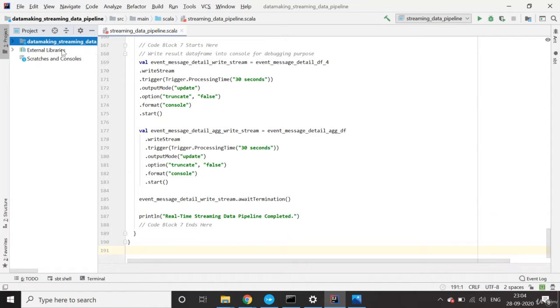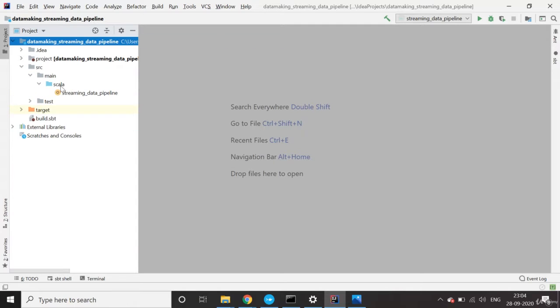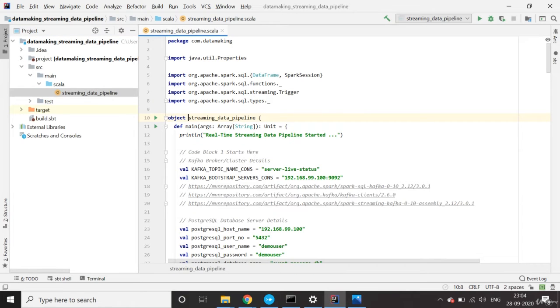This is the project structure. You have the project folder, and the src folder where you write your code. Since we are writing Scala, you just create a Scala object class. A Scala object class is nothing but a singleton object. Normally, when you create a class and want to call its methods or access its properties, you need to create an object. But with a Scala object, you can directly access it. That's the use of the Scala object class.